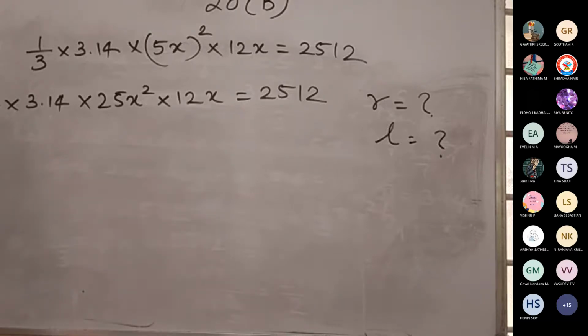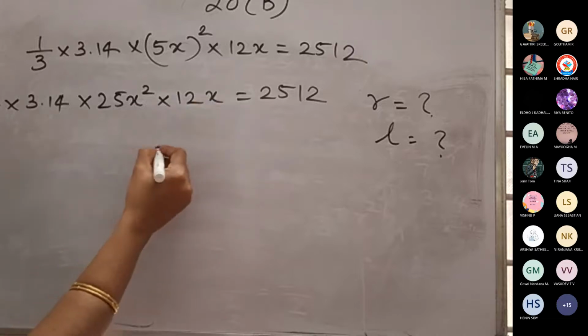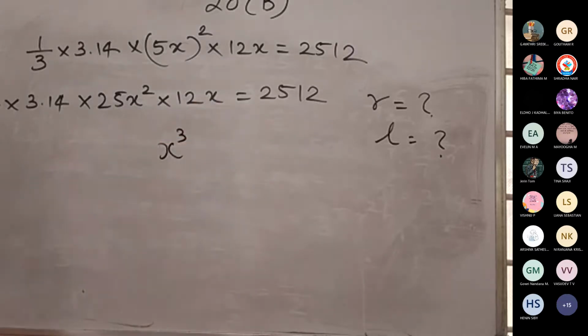Then only I will write. Tell me. Simple calculation only. X can be written as x square and x, so this will be x cube. 25 into